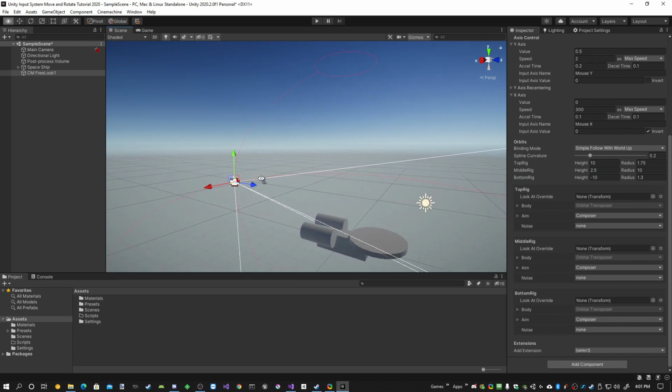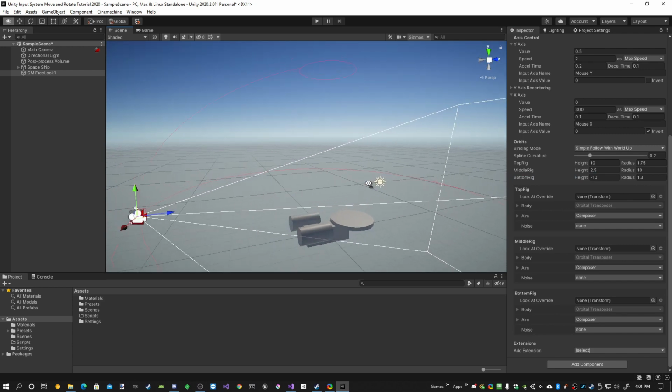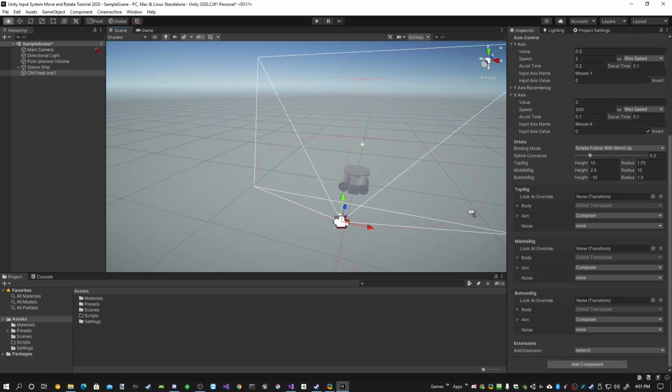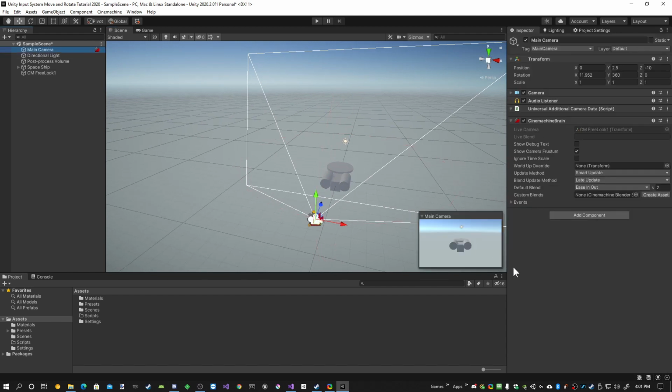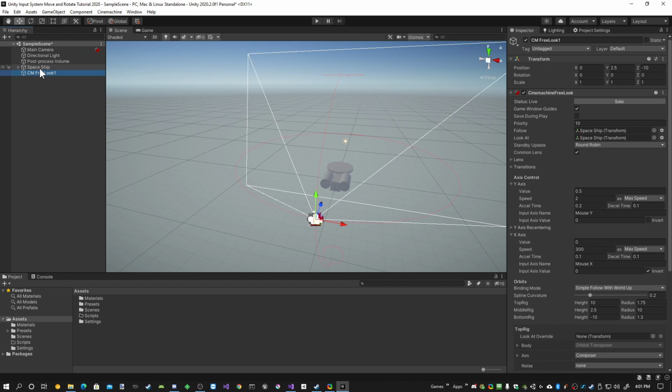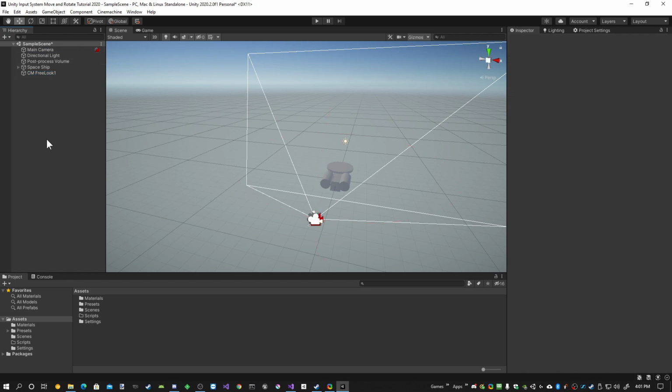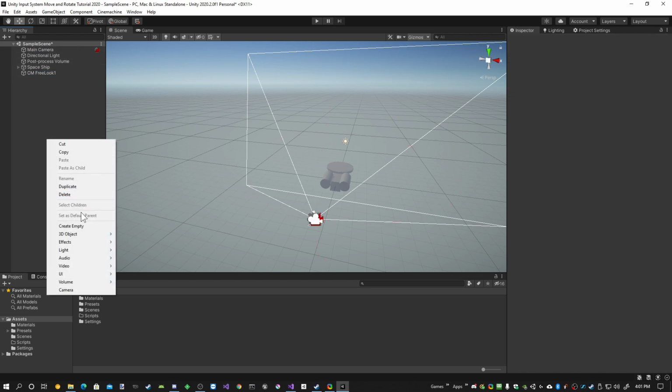I think that's our setup for everything we need in the scene. Oh, we need one other thing in our scene. Let's look at our main camera. Yep, we got our ship right in front of us. That's great. But what we will also need is we need to put something out here so that we can